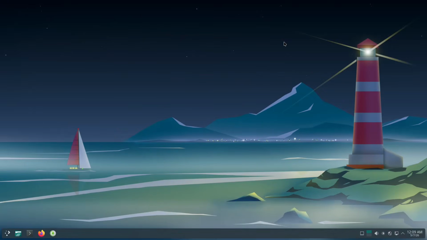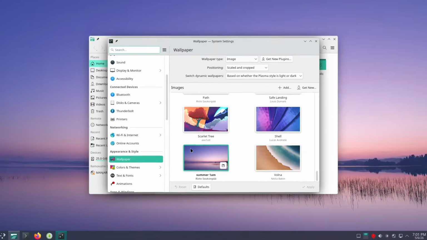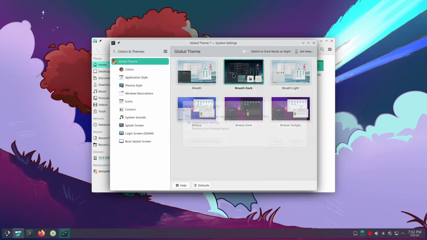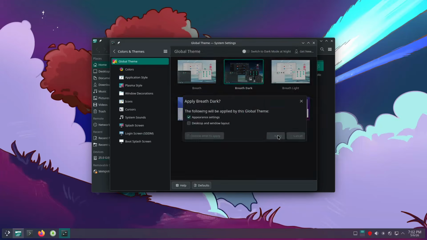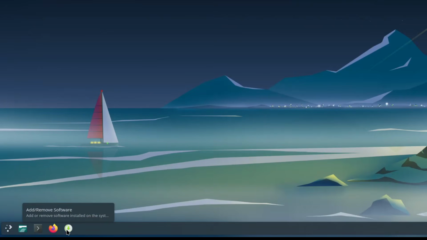Today we're taking a look at Manjaro Linux 26.0.4, the KDE Plasma Edition. This is the latest point release of the 26.0 series, codenamed Lean, and there's quite a bit to talk about, from a brand new kernel to some big changes on the desktop side that you definitely want to know about